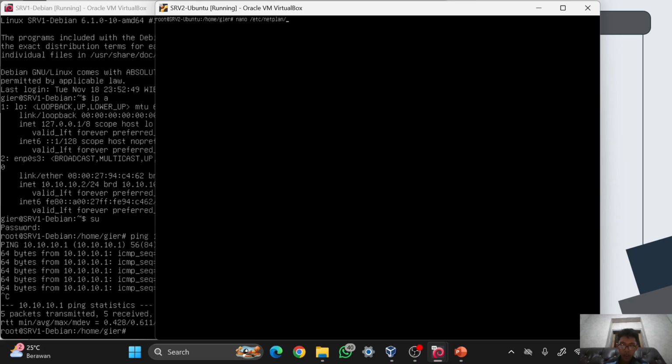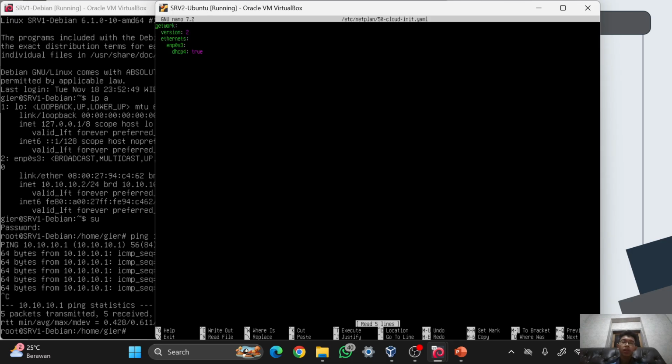And after /netplan, you can just press tab until it shows a file that has an extension .yaml. And then enter. And for the dhcp4, you can set it into no because we don't use DHCP. And you can type again to add the IP addresses.